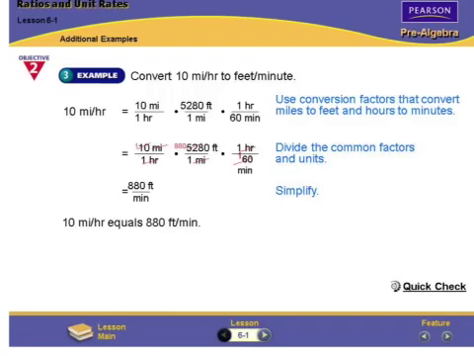As you can see here, it's worked out for you, typed out. You are welcome to pause this and see exactly how